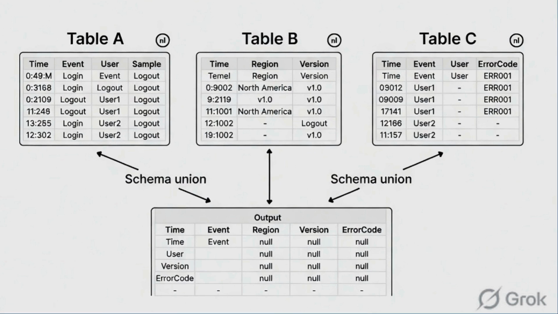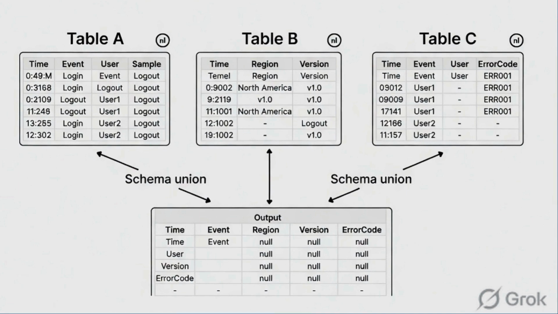Union takes the widest schema possible, the union of all columns: time, event, user, region, version, error code. See the arrows labeled schema union. They merge everything. Where a column is missing in one table, like region in table A or user in table